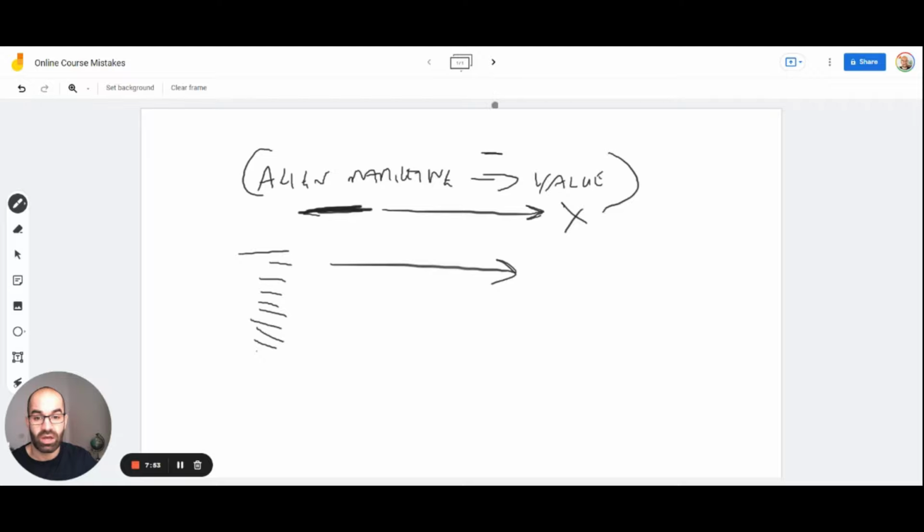Make sure that these are equal. Make sure that you have an amazing value proposition for your client. When they buy your course, they're like, yes, this is what I was looking for. This is what you told me it would be. If anything, it's exceeding my expectations.